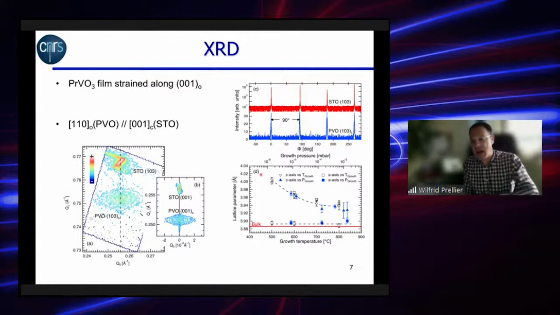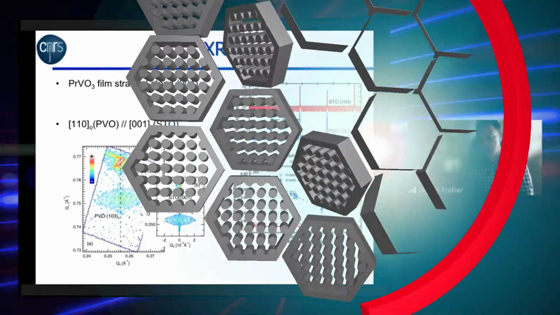And you can see also this in this graph where you have the lattice parameters as a function of pressure. You can see that depending on the condition, the C-axis can be changing, but the A-axis is always kept at the same value, which is very close to the bulk, and also very close to the lattice parameter of the substrate. Strontium titanate, just to remind you, it's about 3.9 angstrom. So what you see from this graph is that depending on your growth condition, you can modify the